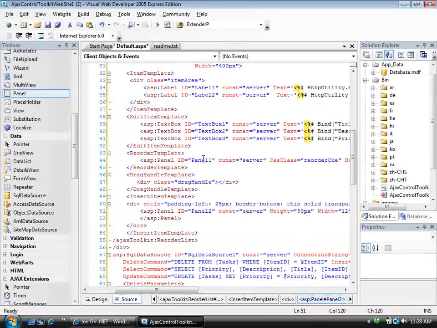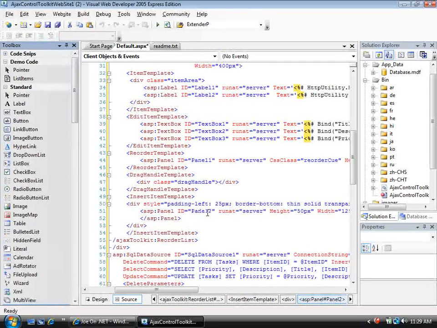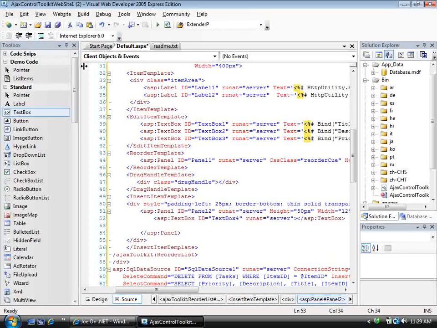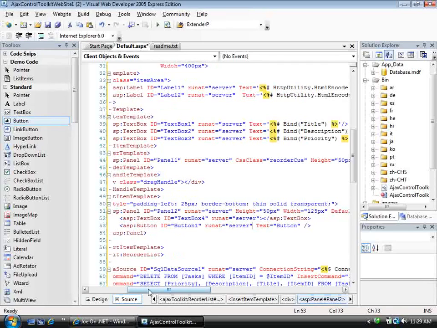Now inside that panel, let's go ahead and add 3 controls. So let's add a text box, a button, and